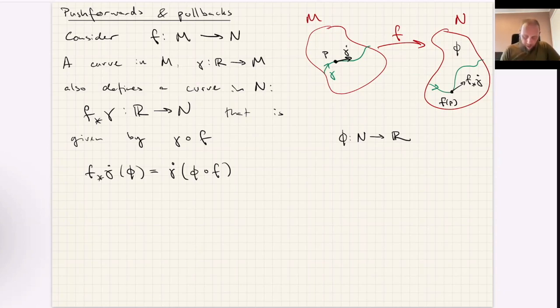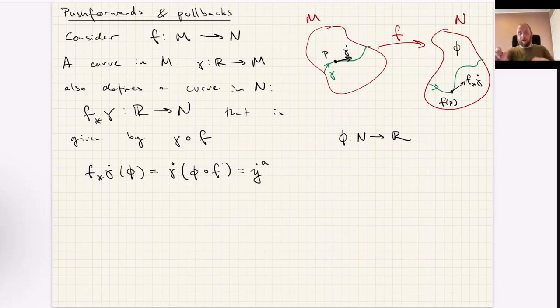Okay, because this here, f is a function from M to N, so all of this is a function from M to real numbers, right? So therefore I can use gamma dot, which was a vector living here, to take a partial derivative of that function. Okay, but by definition,